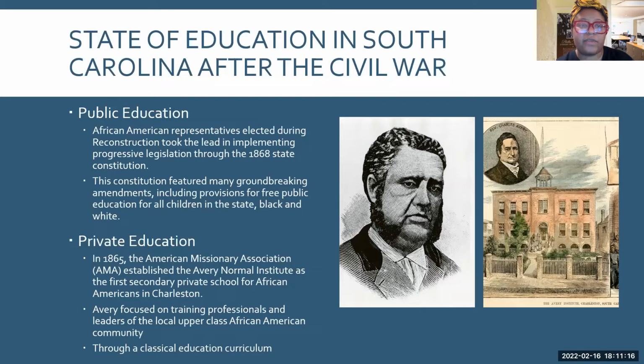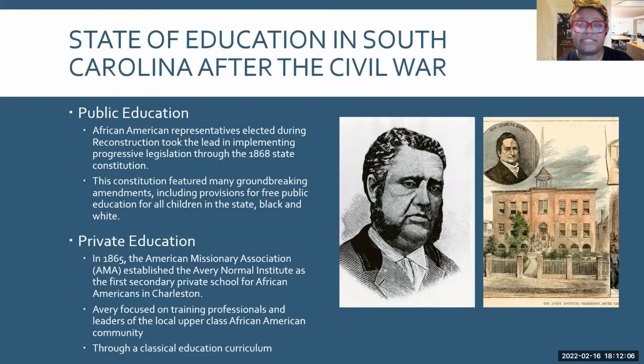At the same time, you also have the development of private education. The main institution of private education on the Charleston Peninsula is the Avery Institute, and it was funded by the American Missionary Association, also known as the AMA. To backtrack a little bit, you have the Freedmen's Bureau schools, so those are two tracks: the AMA and the Freedmen's Bureau schools. The AMA came to Charleston and talked to some of the wealthy, elite Black people, and they wanted to start the school, and ended up building the current space that we are operating in today